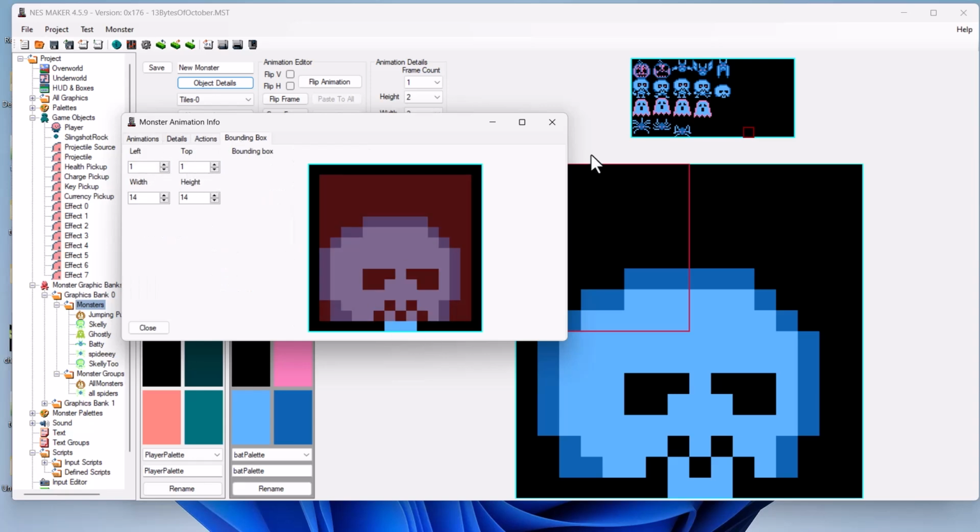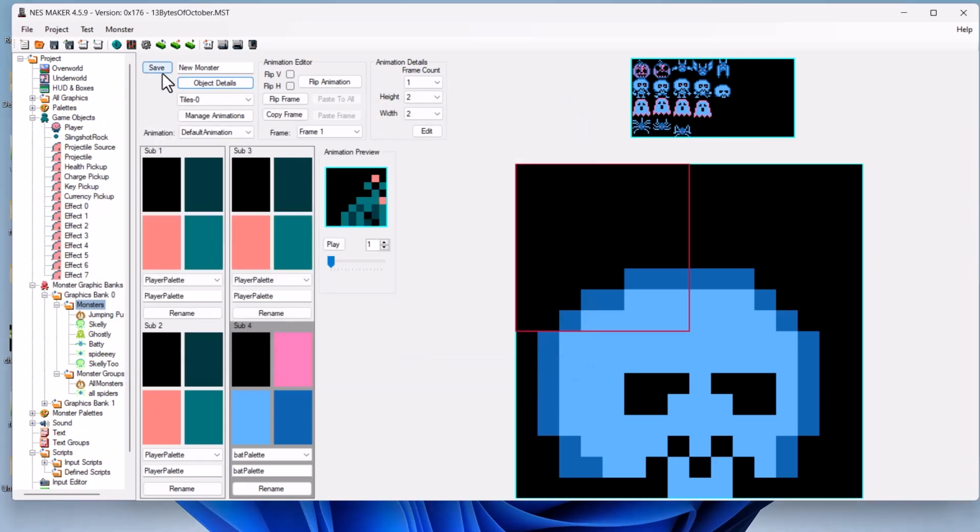All I want to do is save this monster, skull. I broke my own rule that I told you guys about creating monsters, but now I've got one called skull. Now I'm going to click on it just in case I want to make any changes. All right. So now if I test my game